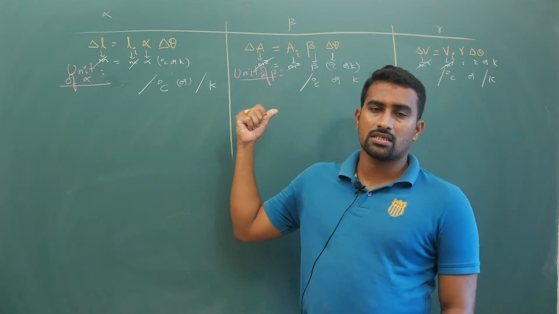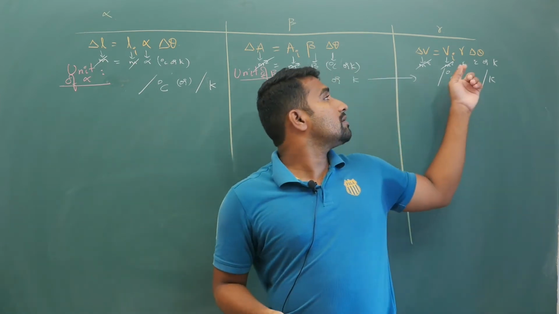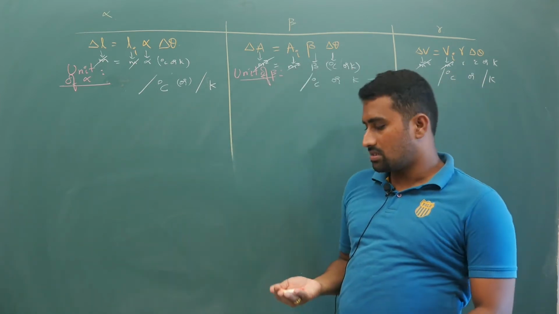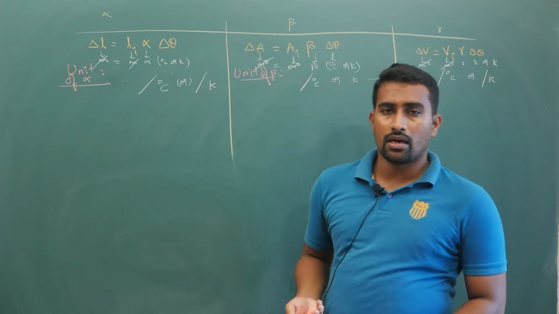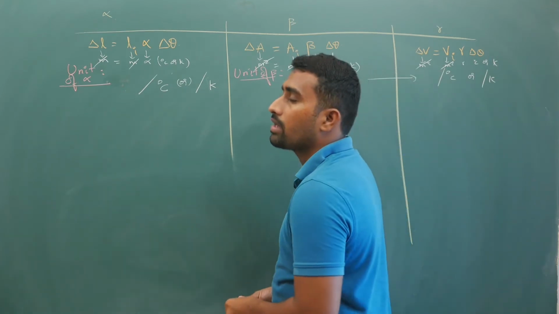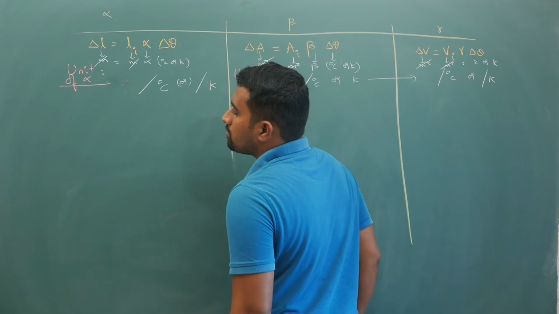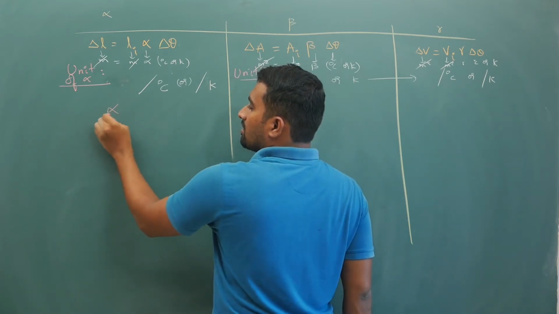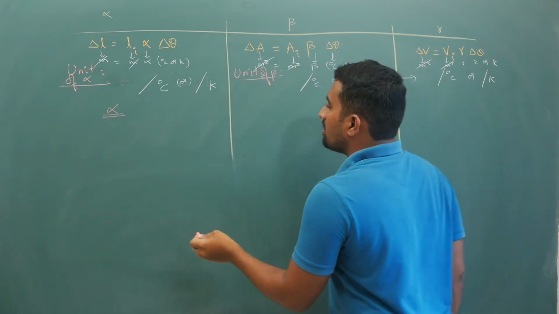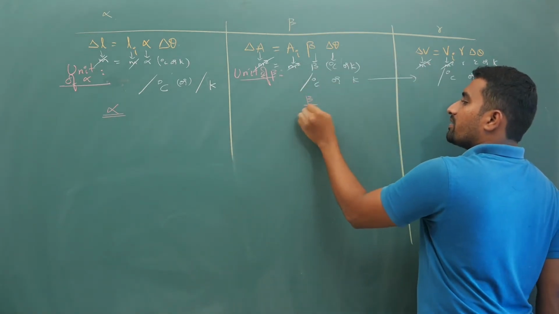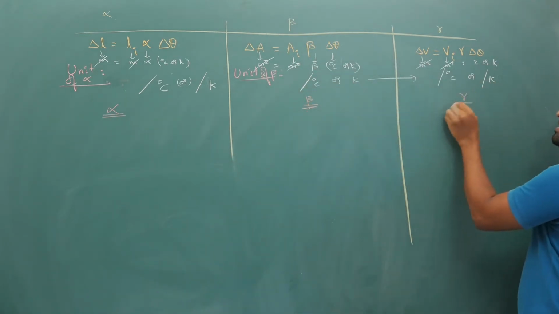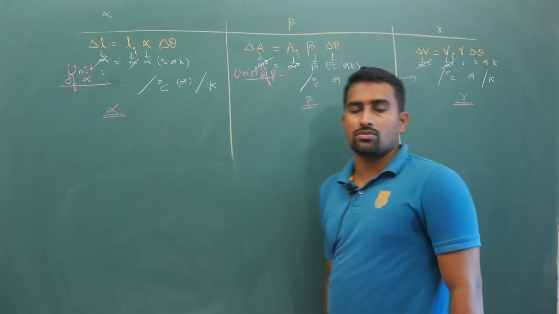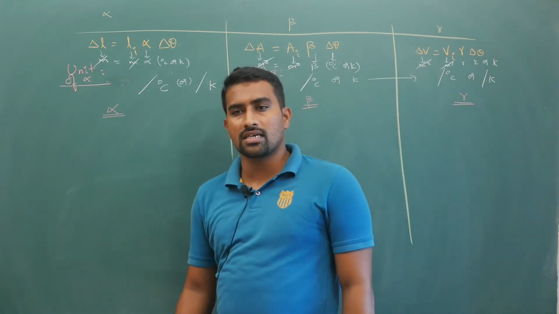For area expansion, this is what you are going to do, and for volume expansion, this is what you are going to do. Now the important part. I'll divide this into two parts. I told you, if you are defining alpha, any quantity you define will have two things, if you have watched my differentiation video: one is the average quantity and the other is the instantaneous quantity.